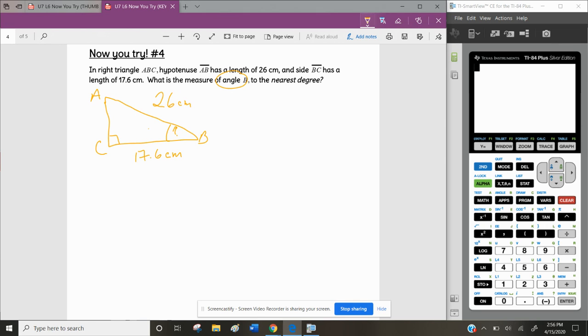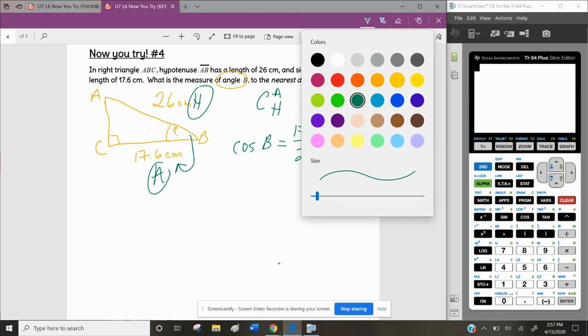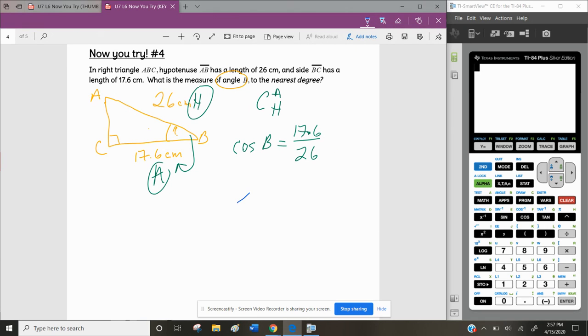So I've drawn my picture. I've labeled my sides. Let's see what we have here. So we have the adjacent to angle B, and we have the hypotenuse. So CAH, so that means cosine of angle B equals the adjacent side, 17.6, over the hypotenuse side, which is 26. To undo cosine, we take the arc cosine, so angle B equals the arc cosine of 17.6 over 26,